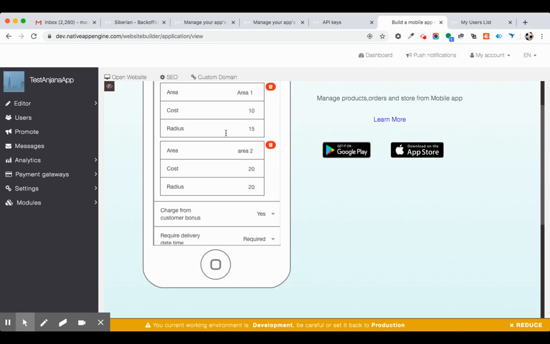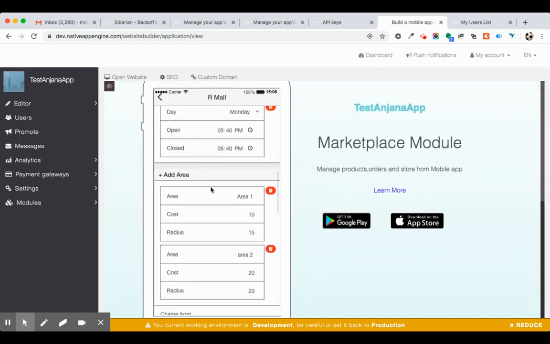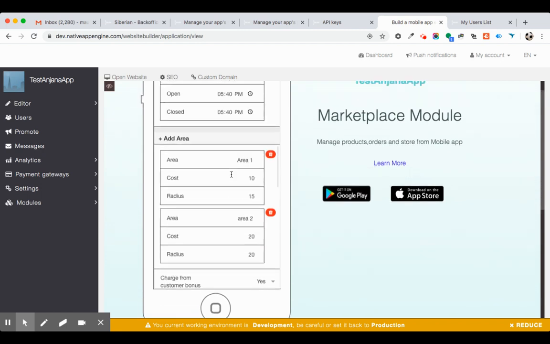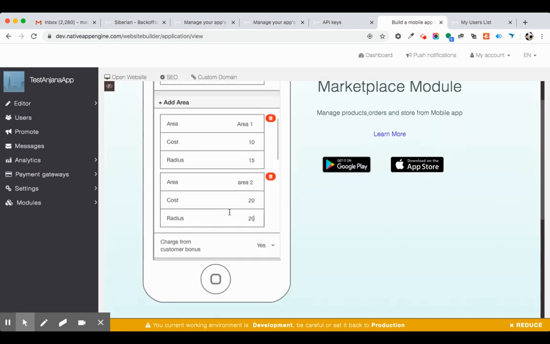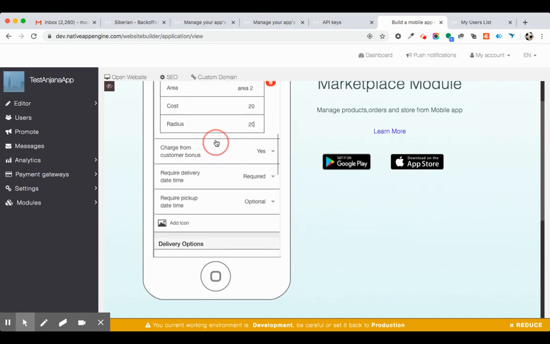So for the first one, whenever the user's address is mapped with the store address, and if the radius is less than 15, then the cost will be $10, and if it is more than 15 and less than 20, it will be charged $20. So this logic will work. These two things are very important features for any store actually. So we have added this, and we have added so many other settings.